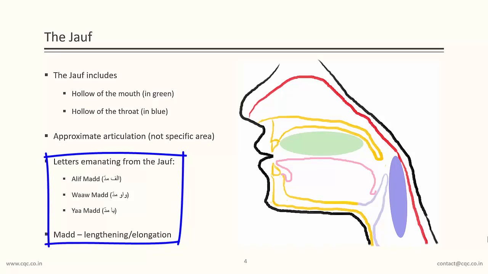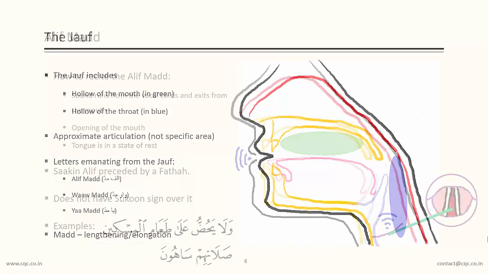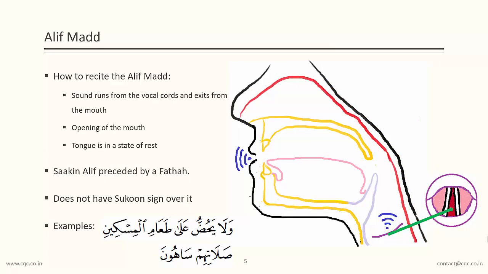Now the word Madd literally means lengthening or prolonging. Very soon we are going to see what we mean by this lengthening and elongation. So let's try to understand how to recite this Alif Madd. Look at the examples given on the screen. وَلَا يَحُضُّ عَلَى طَعَامِ الْمِسْكِينِ صَلَاتِهِمْ سَاهُونَ. So if you just isolate the sound of Madd in the word La,